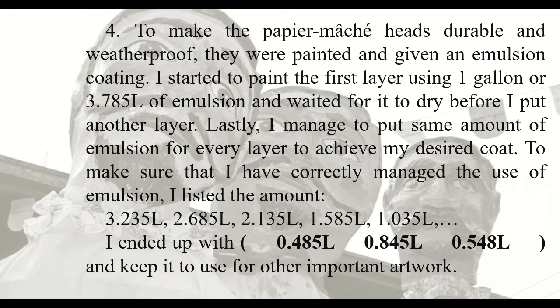To make the paper mache heads durable and weatherproof, they were painted and given an emulsion coat. I started to paint the first layer using 1 gallon or 3.785 liters of emulsion and waited for it to dry before I put another layer. Lastly, I managed to put the same amount of emulsion for every layer to achieve my desired coat. To make sure that I have correctly managed the use of emulsion, I listed the amount: